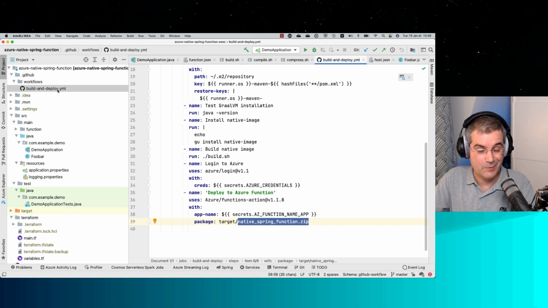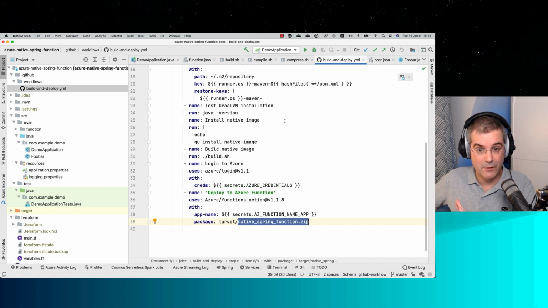Why do I do this? Well, first issue we can imagine here is that it's building a native image, and I'm on macOS, but Azure Functions is running on Linux. So my native image is just not going to work. I don't have an image which is portable. So I can build it locally, but honestly, it's pretty annoying. And once it's built, I cannot deploy it because it's another system.